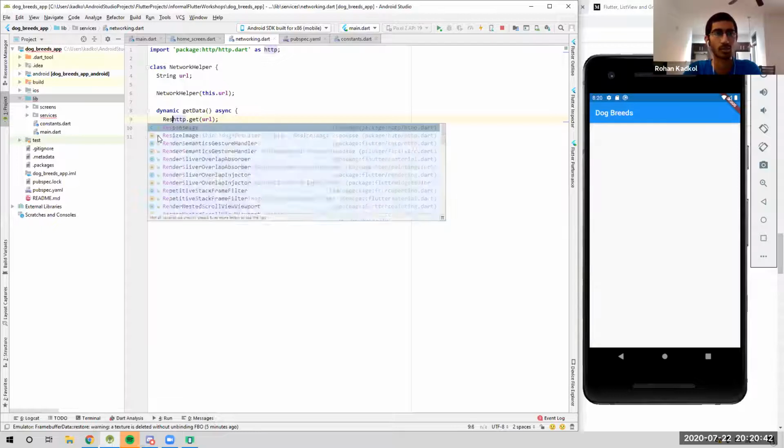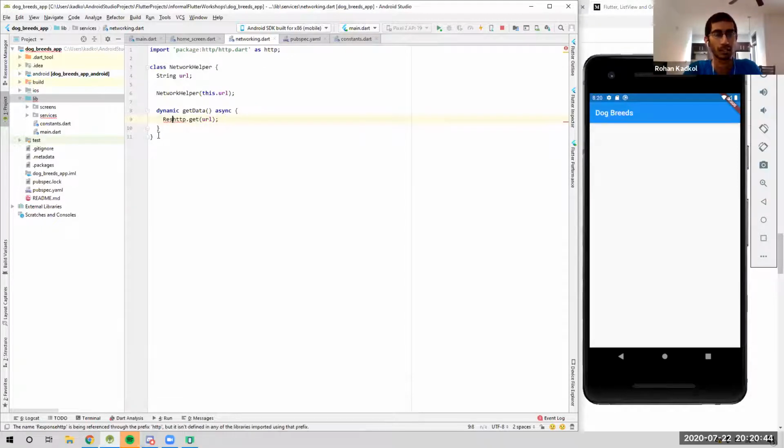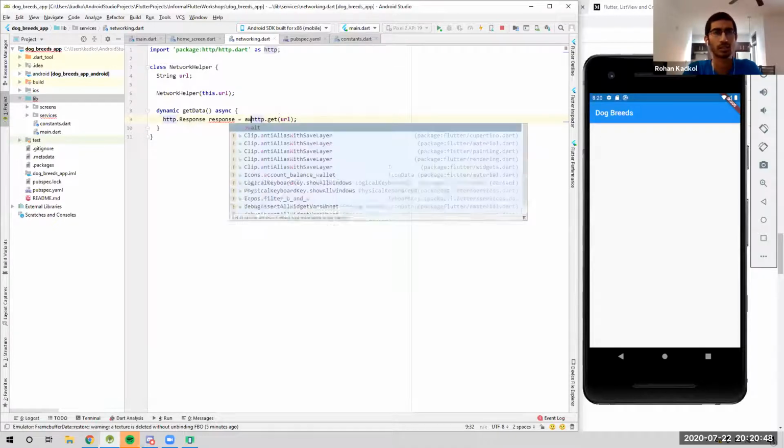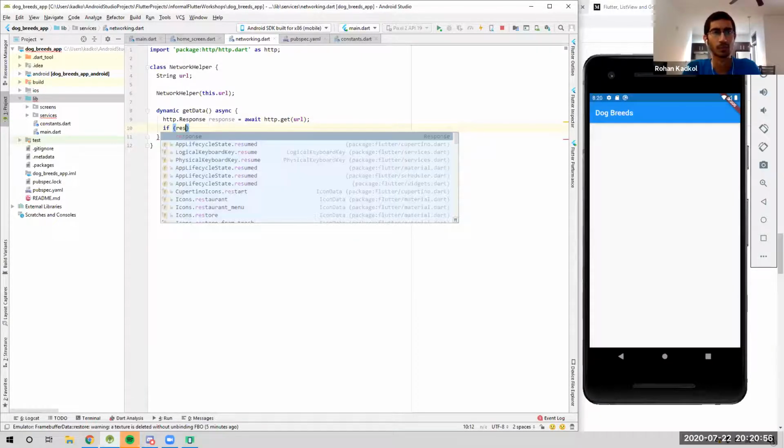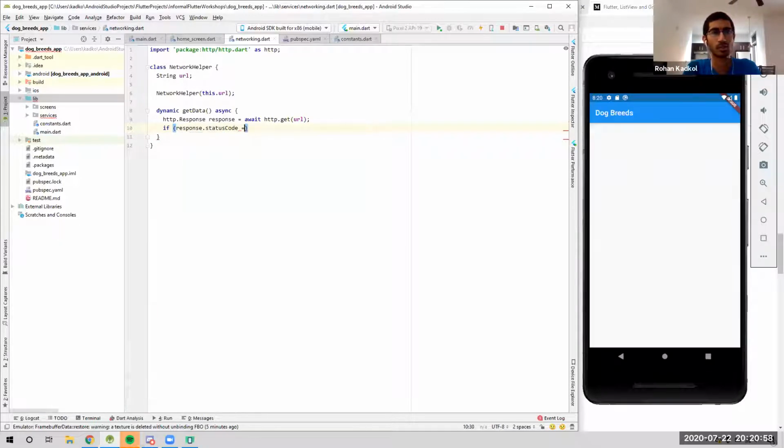So basically, let's do response. Yeah, correct. HTTP response. Response is equal to await. So now we wait for the response. We get the response, and the response is stored here. Now we can access this. So now we can do if response dot status code is equal to 200, which is successful, then we'll return